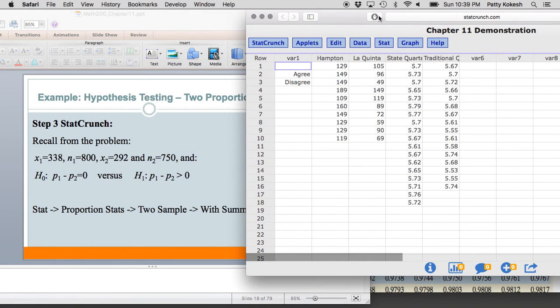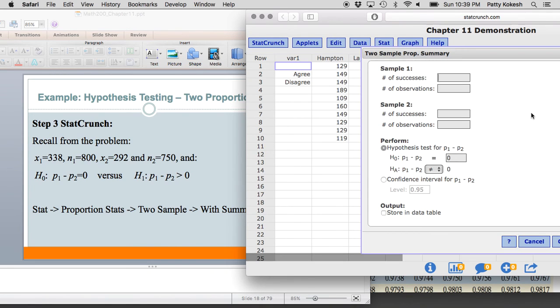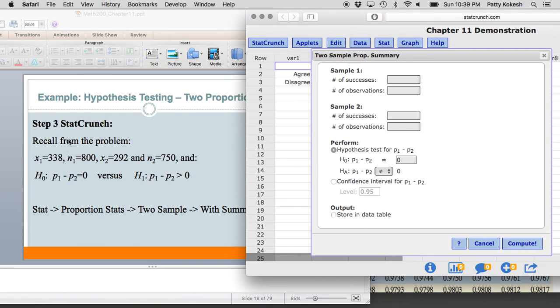Okay, so in StatCrunch, we're going to do a very similar thing as what we did in Chapter 10, except remember when we selected one sample, now we have two samples. So I have proportion stats, and in this case, I'm going to select two samples. And in this case, I have a summary of my data. Over here, I have information recalled from the problem. So for my first sample, I have 338 out of 800 with internet, and for the rural, I had 292 out of 750. And for this one, I want P1 minus P2 greater than 0. I have a right-tailed test. So I click compute,